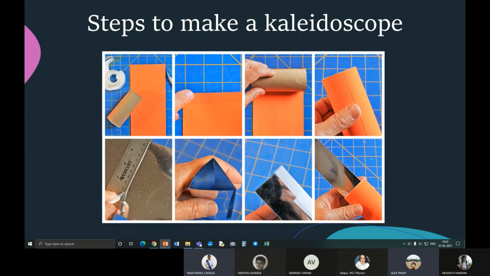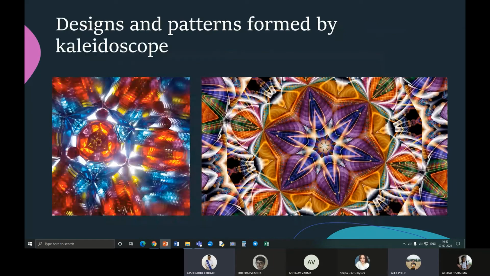So when you hold your kaleidoscope up to the light, the transparent film will allow sunlight to pass through one end, and that will illuminate the little things, and you will get colorful patterns like these, which should be visible from the other end where you drill the hole. That's the construction of a kaleidoscope.